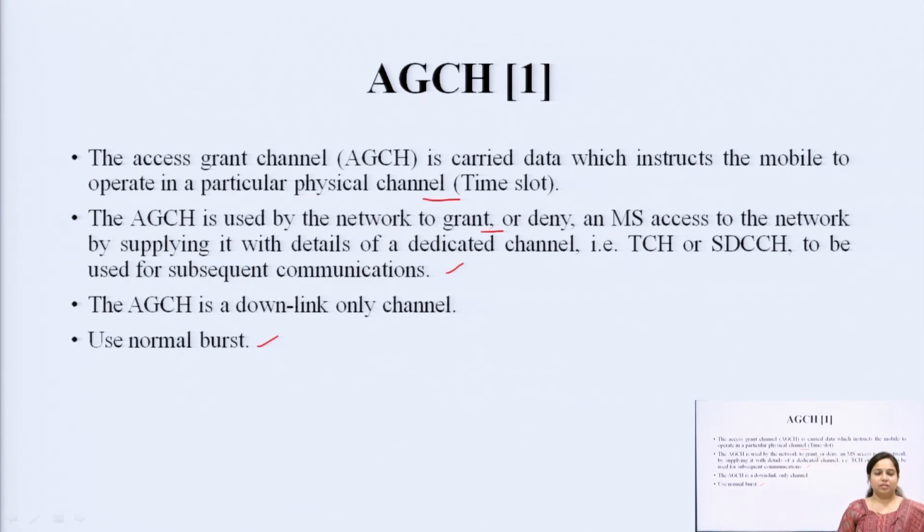So, we have discussed the control channel and traffic channel. The control channel is used when we want to transmit information to control the way the communication link has been set up between the transmitter and receiver. In the case of the AGCH, the access grant channel carries data which will instruct the mobile to operate in a particular physical channel, since GSM is based on